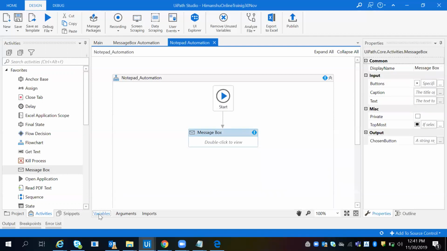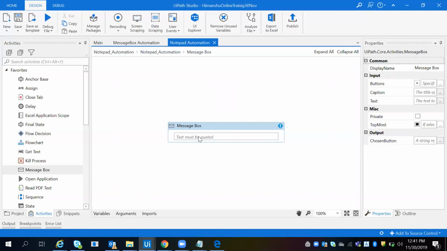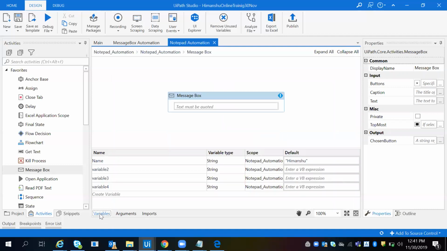We have passed the value called name, we have passed the variable, and after that go inside this message box and press Ctrl+Space. We have created lots of variables: name, variable 2, variable 3, variable 4. If you want to use a variable, we have to take it inside this message box for displaying it.